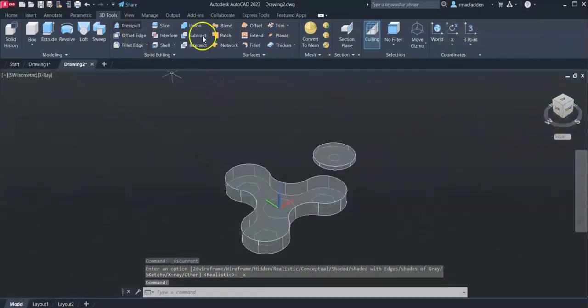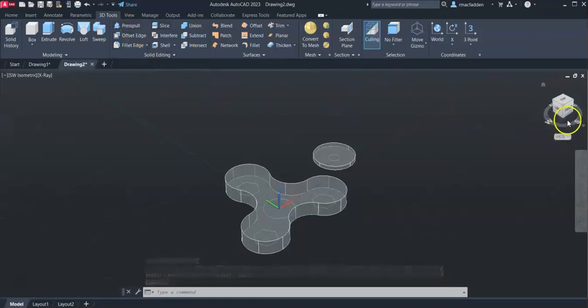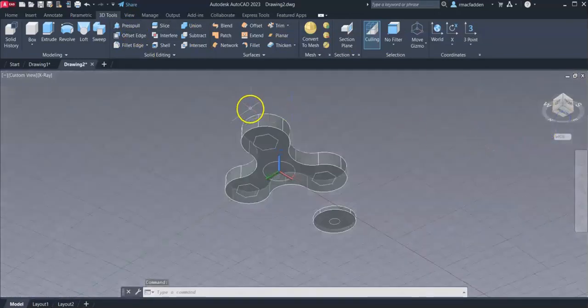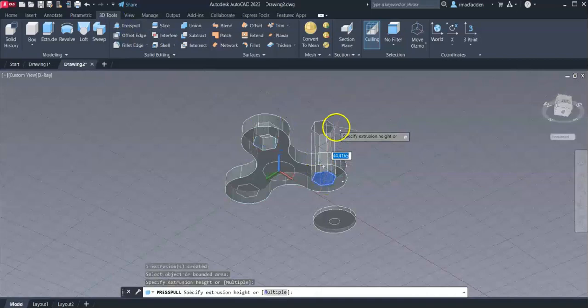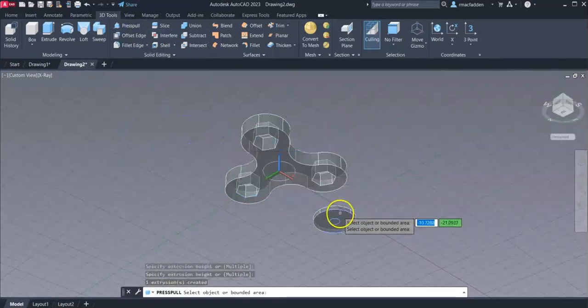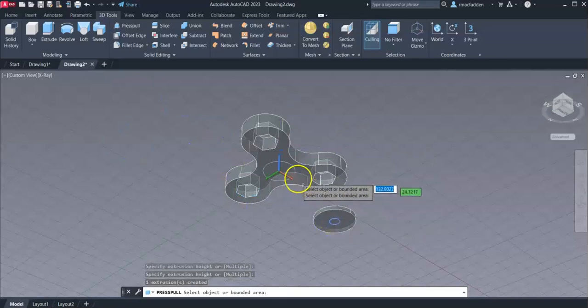And I'm actually going to use this press pull command to create some holes in this piece so that I can fit my other pieces in. So press pull, click the bounded area, pull it through the top, and it creates a hole. Now, I don't actually want a hole on that little one, but I do want all these inside